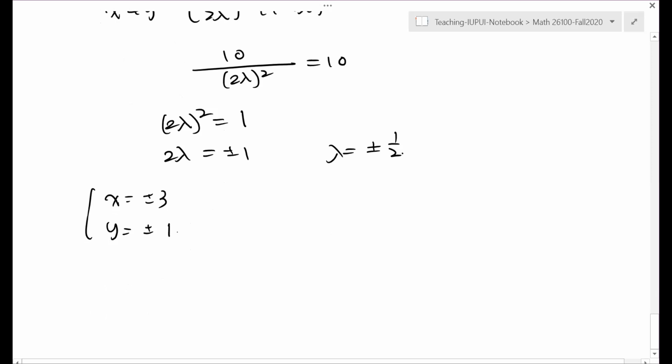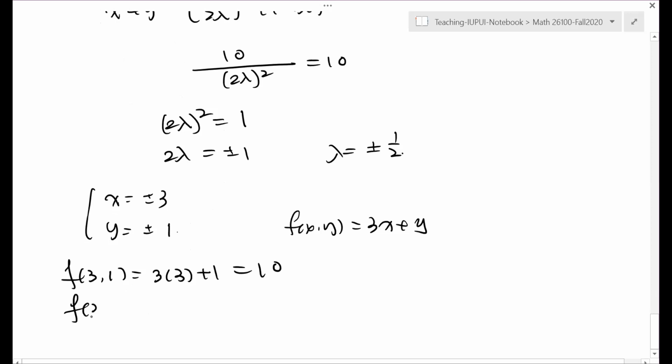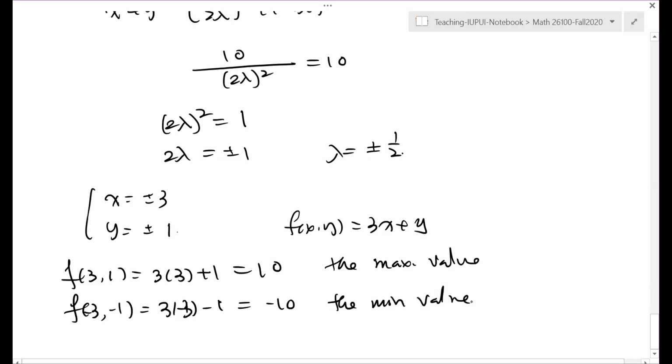Then you look at the value of the function at those 2 points. So f(3, 1): remember f(x, y) is 3x plus y, so 3 times 3 plus 1 equals 10. f(negative 3, negative 1) is negative 10. So this is the maximum value. You just need to look at these 2 values because